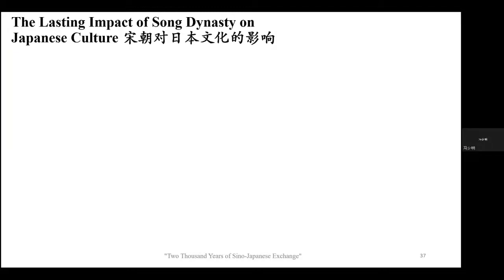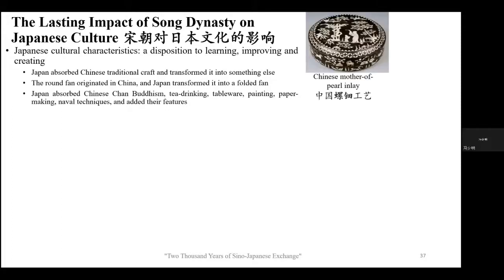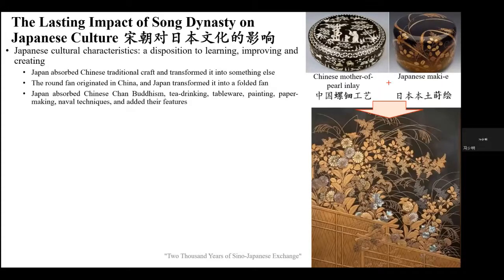And this had a very strong influence on Japanese culture. The Japanese people have several characteristics. One of them is they have a disposition to learning, to improving, and to creating. So when they absorb the Chinese traditional craft, for example, this Luodian Gongyi, which is a mother of pearl inlay, and they have their local craft, which we call the makie, they transform it into something else. Right, and you can see the elements of Chinese art now melded together with local Japanese art into something different,